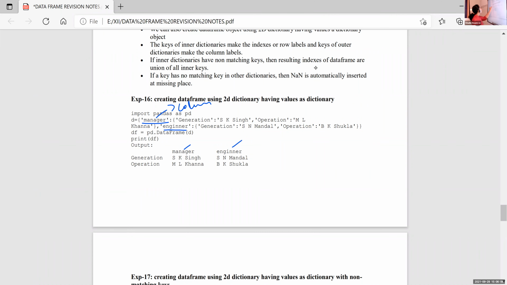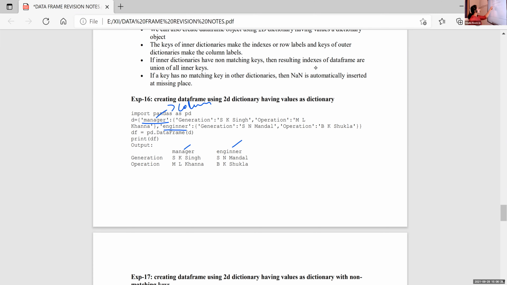Within that manager, the values are another dictionary. Generation SK Singh, then operation ML Ganna. Then under engineer, generation is SN Mandal and operation is another name, BK Shukla.